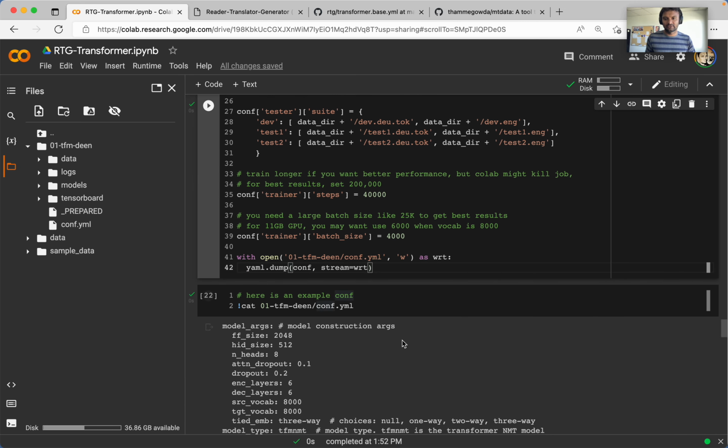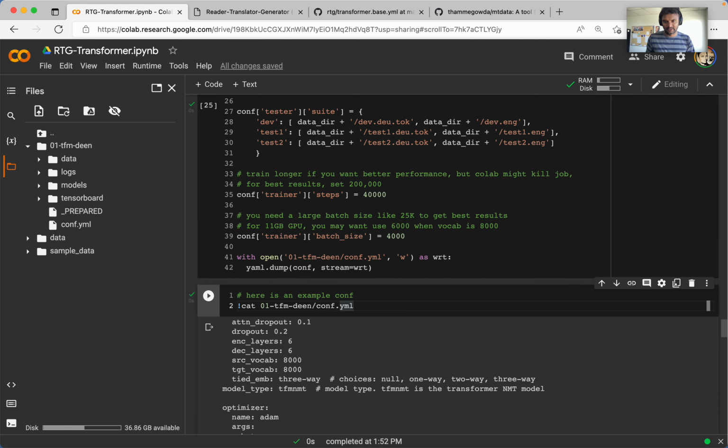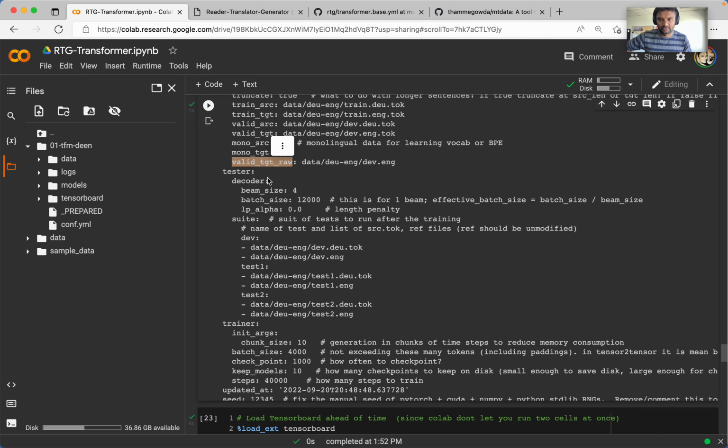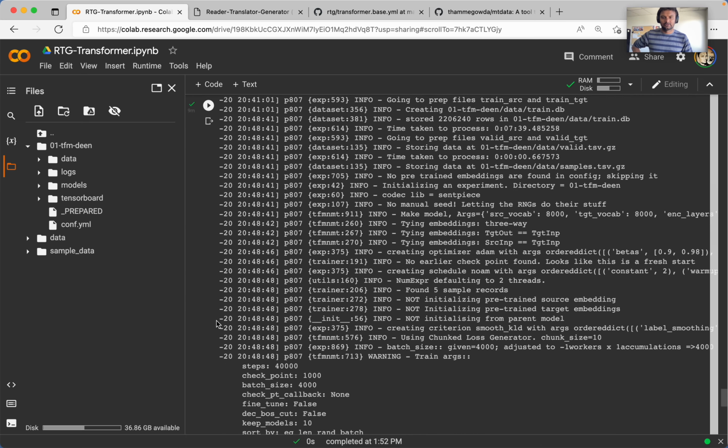Okay, so I updated the config file. Now I'm going to print it again. Then I see if that file is available, valid underscore target underscore raw. Yes, it is available and it is pointing to the correct path. Now let's scroll and then start